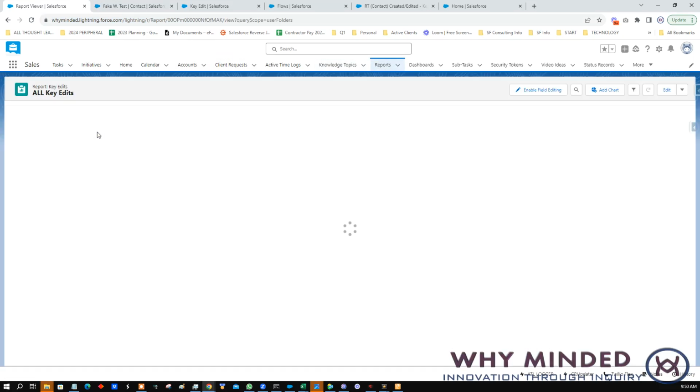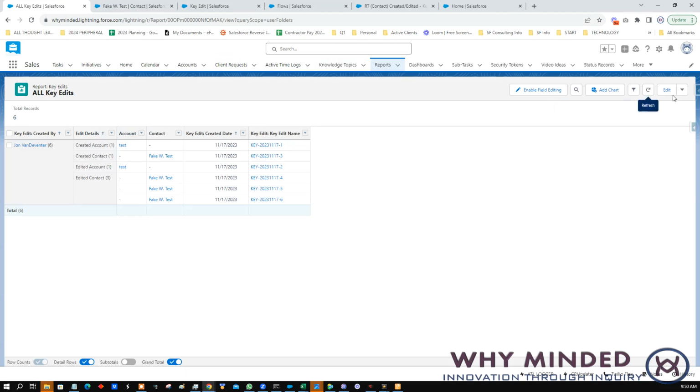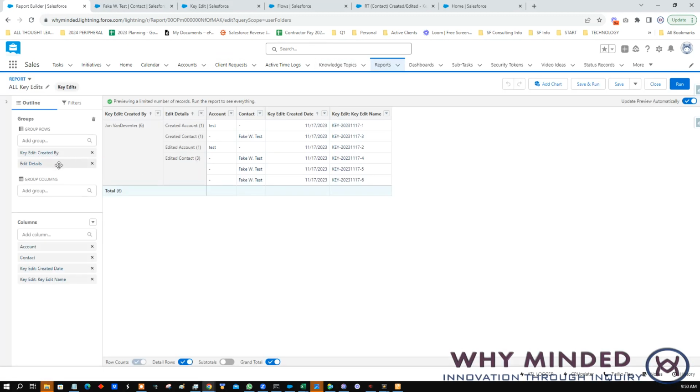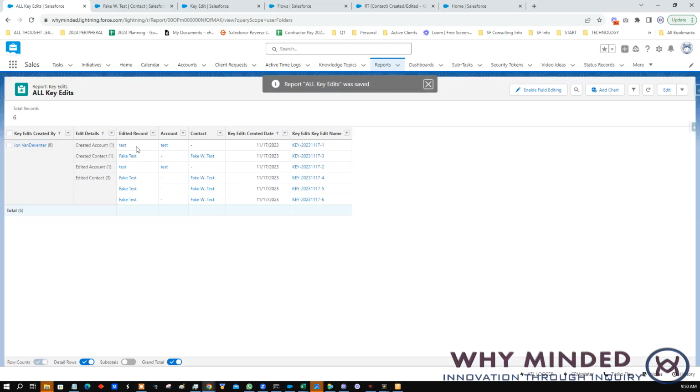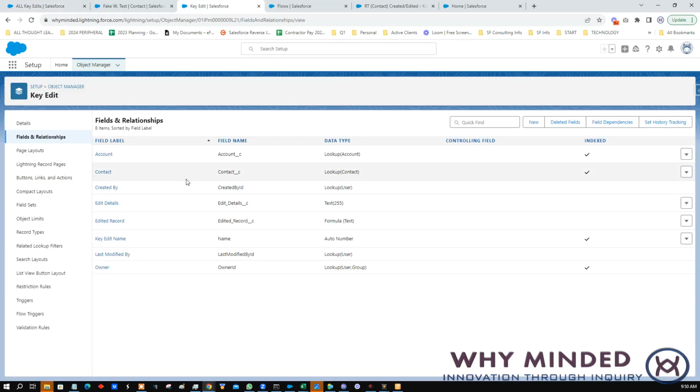All key edits. Okay, so now what I'm going to do is edit this, and I'm going to put edited record. I'm going to throw it up towards the top. And now when we save and run this, you'll see test or fake test or test or fake test. And actually, I wouldn't know if these are accounts or contacts. I mean, if these are real names, we might be able to figure out what these are. But what I can do is I will say